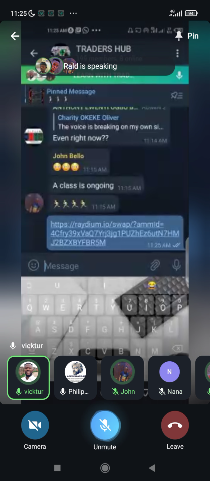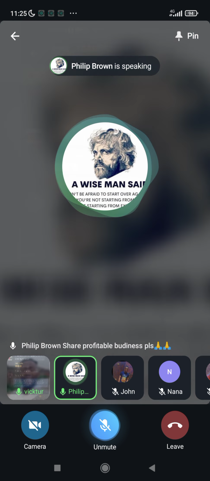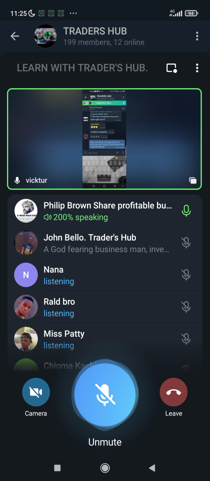Okay, nice. So on Radium, this is the link. If you notice, the link has this radium.io swap. So this one takes us directly to where we can swap it. But before we can swap it,